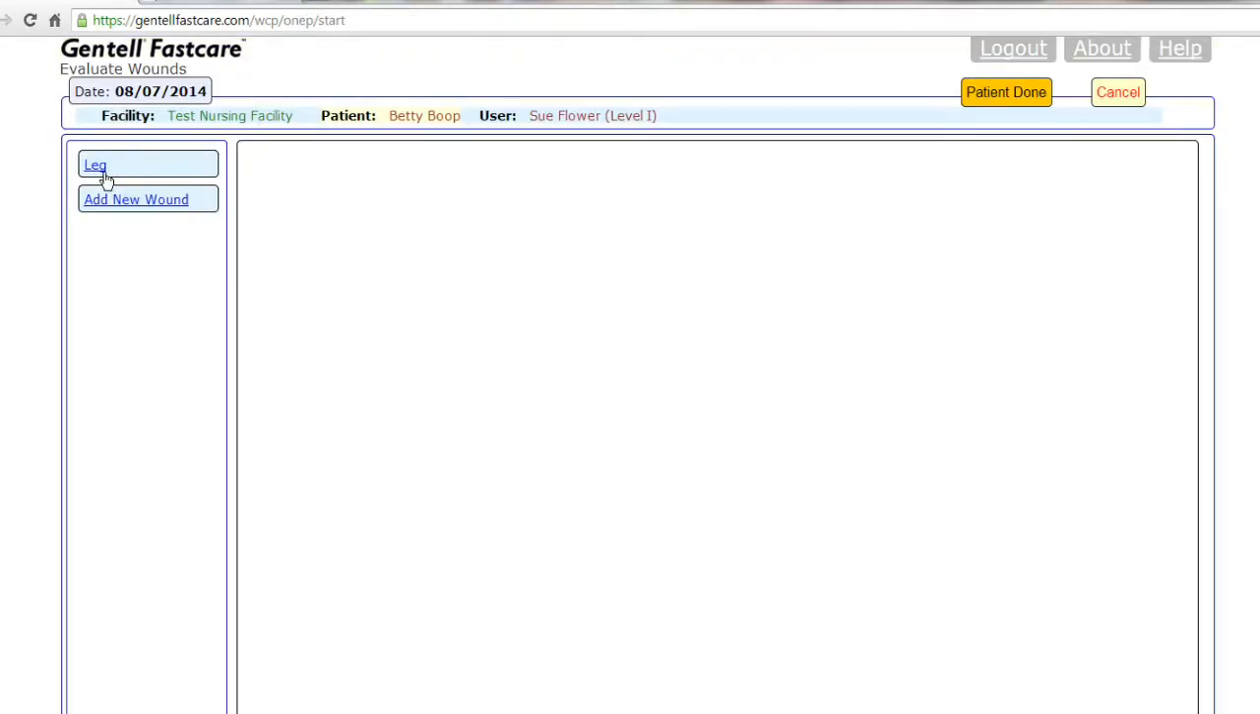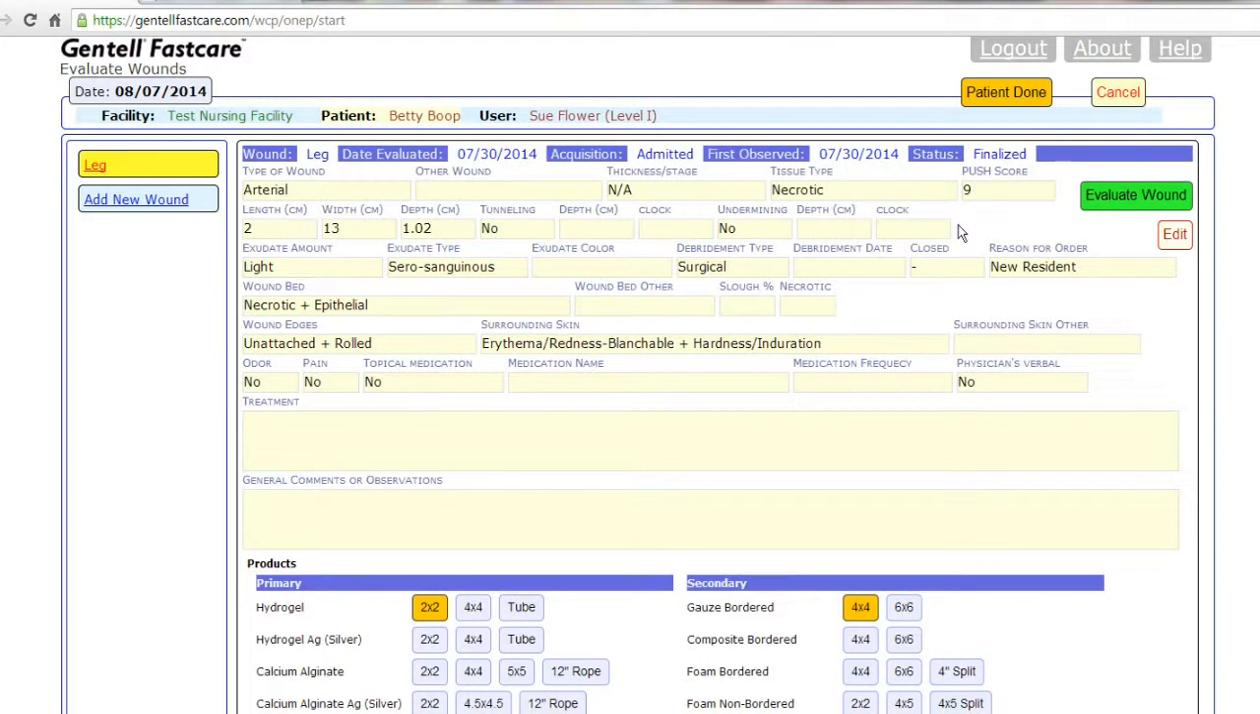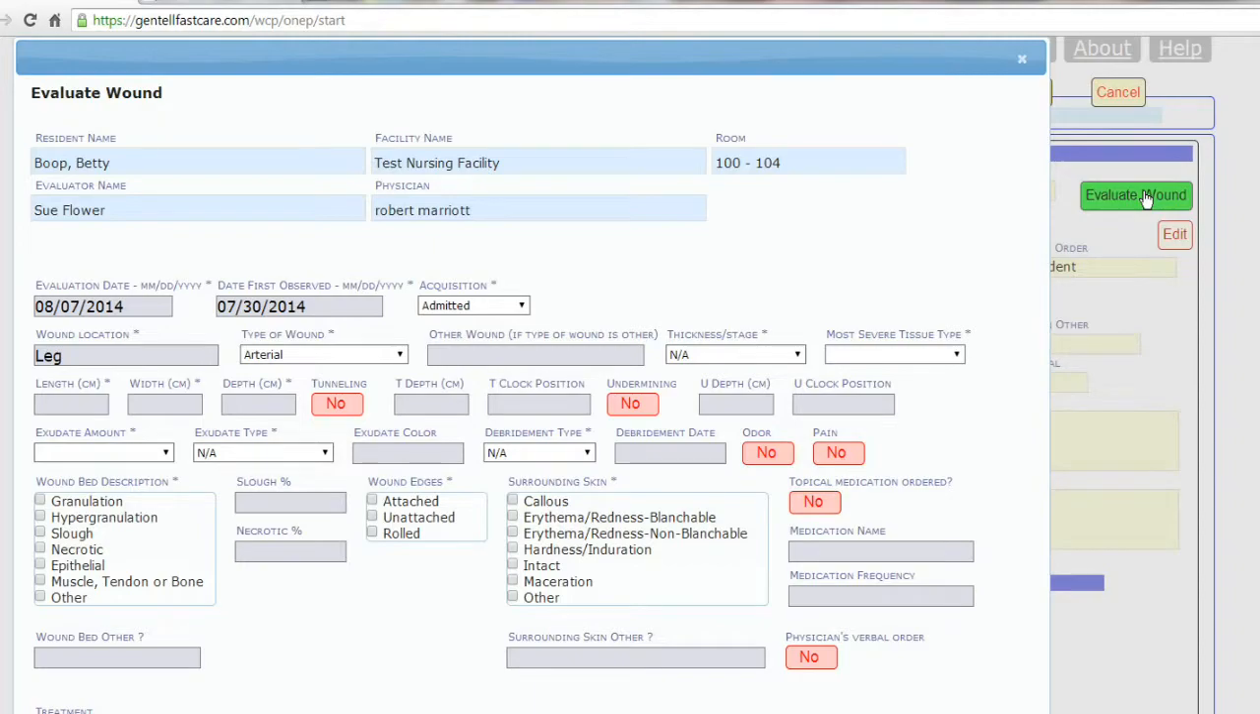So Betty at this point has one wound, a leg wound, and you could add another wound by hitting the Add New Wound button there on the left. So let's take a look at the leg, and this is the last record available. There's a button over here that says Evaluate Wound. So we'll tap on the Evaluate Wound button,